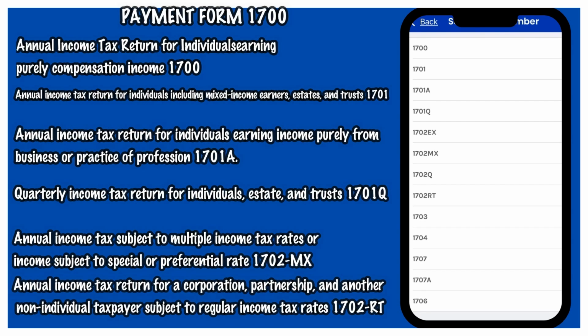Annual income tax return for a corporation, partnership, and other non-individual with mixed income, subject to multiple income tax rates or income subject to special or preferential rate. Annual income tax return for a corporation, partnership, and another non-individual taxpayer subject to regular income tax rates. This form is used by the corporation, partnership, and other non-individual taxpayers subject only to a regular tax rate of